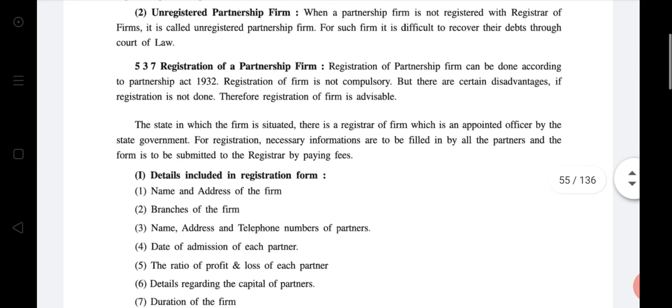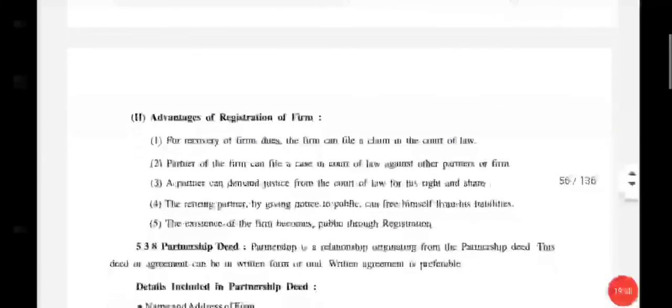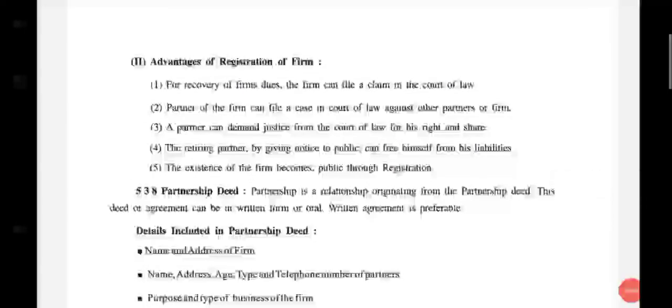Then write the necessary information included in the registration form. One time in fair note, one time in head points book, and one time in rough book, because it is an important question for the exam. Then advantages of registration of firm, one time in fair note and one time in rough book. Okay,